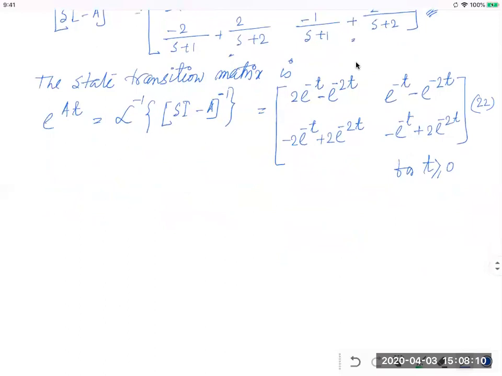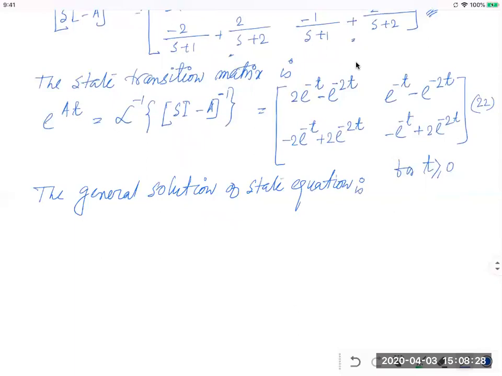Now the general solution of the state equation is x(t) equal to x_zir, that is the zero input response, plus x_zsr, that is the zero state response,